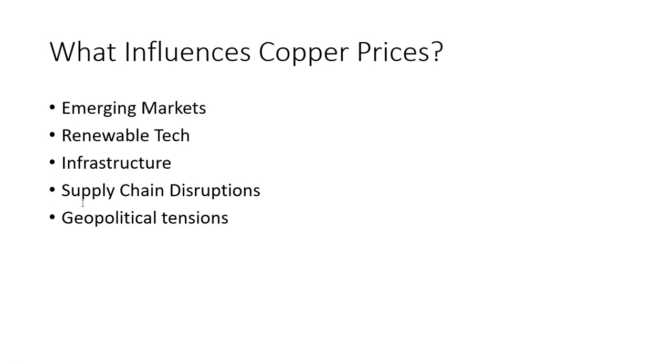Supply chain disruptions, now that's on the supply side. Obviously, if Chile has some problem getting their copper to China, that could be a problem that reduces the supply of copper, therefore increasing the price. That could be port strikes at the ports in Chile, for example. Geopolitical tensions, again, if Chile has problems, has a revolution, some problem there, that can affect the price of copper. That it could be a good buying point.